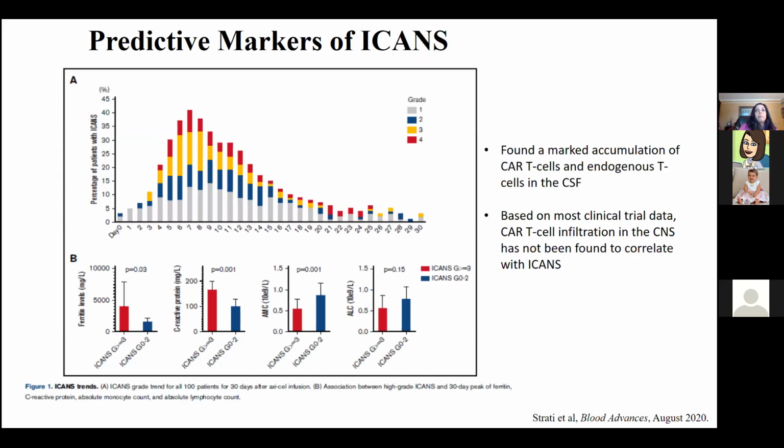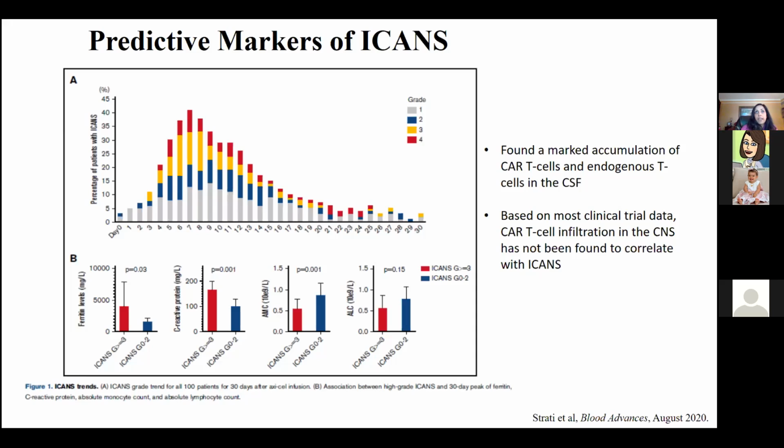From that same paper, what they found is that there was a marked accumulation of CAR T cells and even endogenous T cells in the CSF. However, based on the most recent clinical trial data, CAR T cell infiltration in the CNS has not really been established as a correlative with ICANS. So just because you have more CAR T cells infiltrating into the CNS doesn't necessarily mean that you're going to